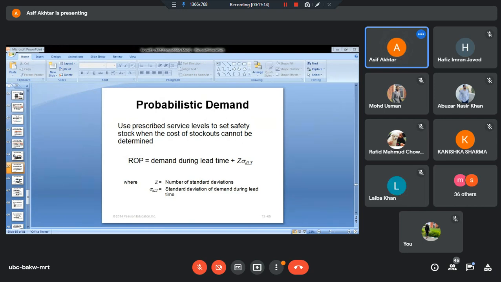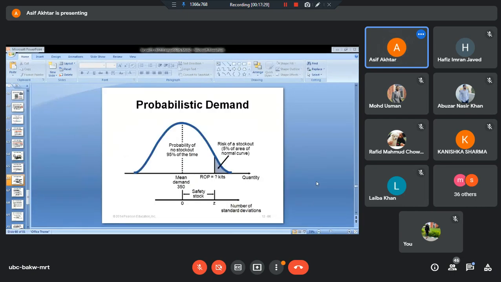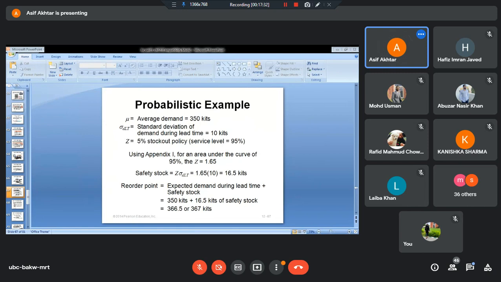Now, as usual, the best way to understand this calculation is with an example. Let me change the slide. Now, see this question which is there, with some technical data. Can you read the data which is given in this question?